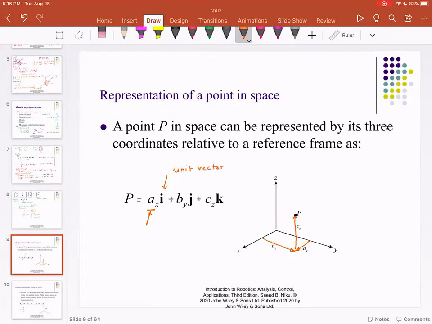So I is the unit vector in X direction, J is the unit vector in Y direction, and K is the unit vector in Z direction. Please note that this is a right-hand coordinate system. So what do I mean by right-hand coordinate system? If you think about your right hand,